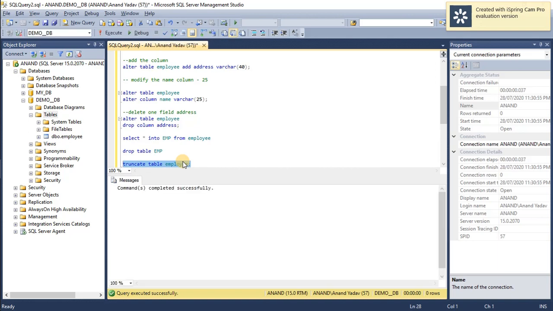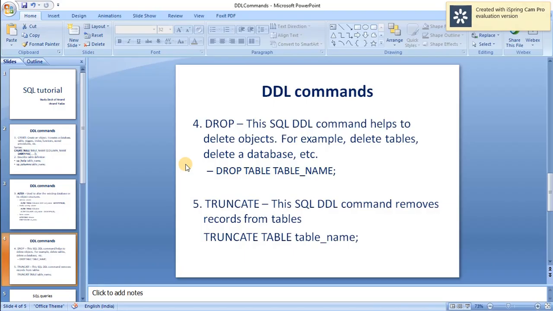Right now I don't have data in the table, so I cannot show you how the data is there and now it is not present after the truncate table command. But anyway, when I cover the DML commands, at that time I will demonstrate this DDL command of truncate.